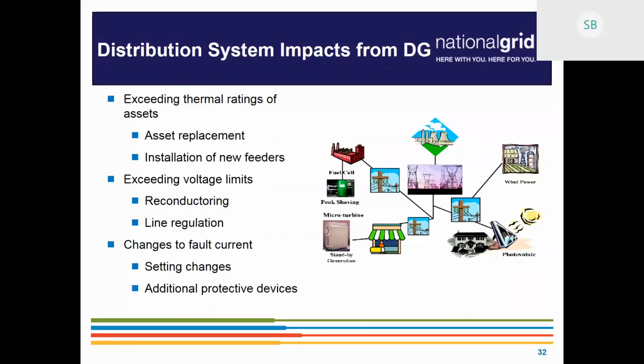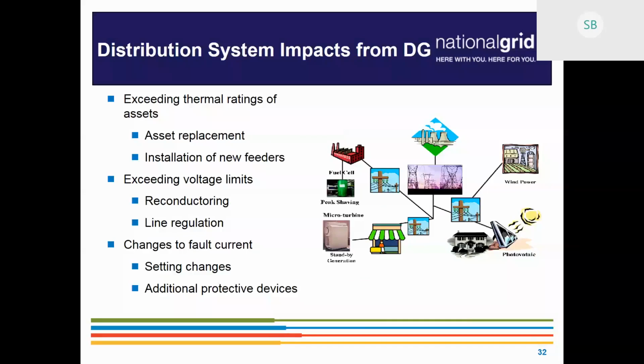And some of the results from these. If we see a thermal rating issue, it can require asset replacement. So if it's the transformer or conductors, whatever it may be, we've got to replace those items with the next size up, as best we can. Sometimes the feeders are maxed out and they're already at our standard maximum conductor size, so we can't accommodate any more DG on that feeder. So we look at adding a new feeder or potentially reconfiguring an area to be able to accommodate more DG there. So we are trying to figure out the best case solutions.